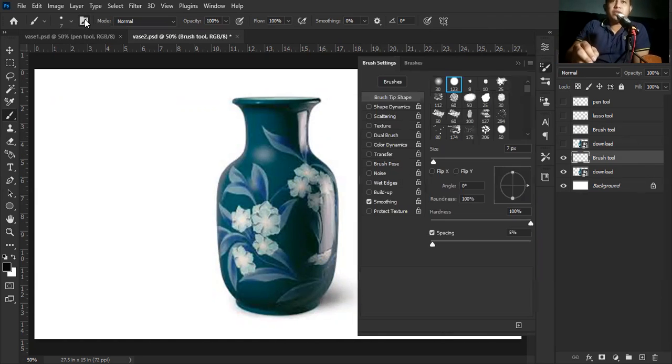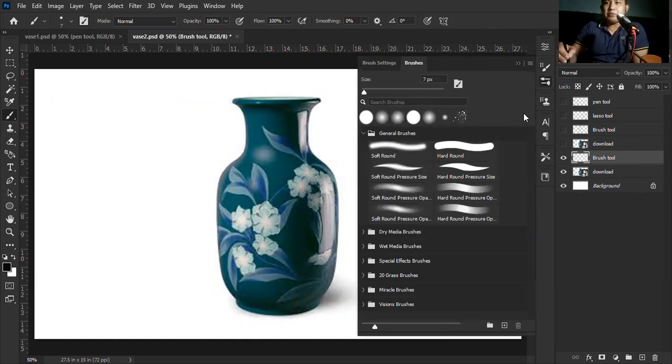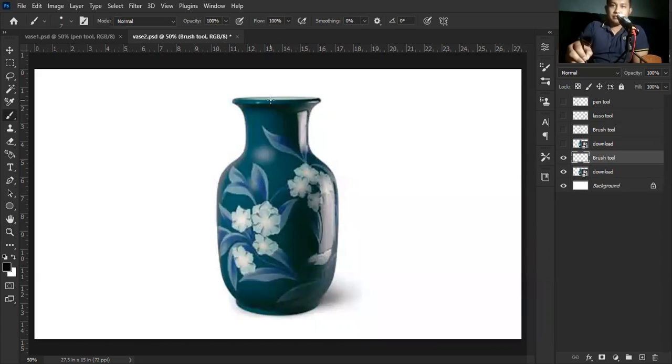In the brush tool, we have a huge library of different brushes. And for the sake of this tutorial, we will choose hard round. Okay, so I'm using right now a pen tablet.